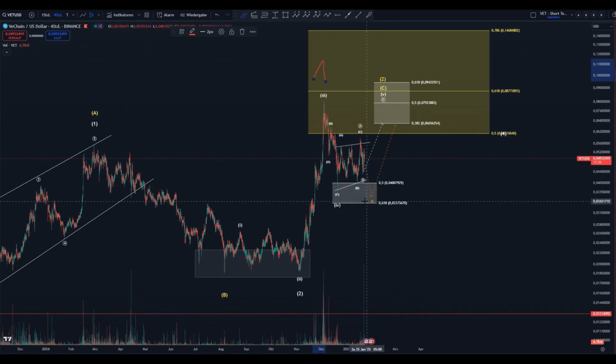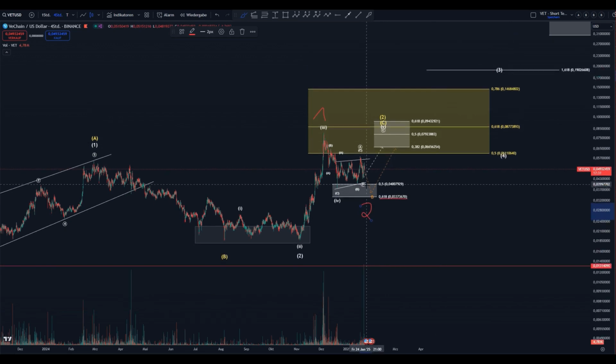We still have room up to the 0.618 Fibonacci level, so that means up to here that we are just in wave 2, expanded, and that we then move upwards into wave 3. And that would be technically correct according to Fibonacci. Works well because then this Fibonacci tool is for wave 3. Also, it arrives pretty much exactly up here at the 1.618 Fibonacci level on a higher scale.